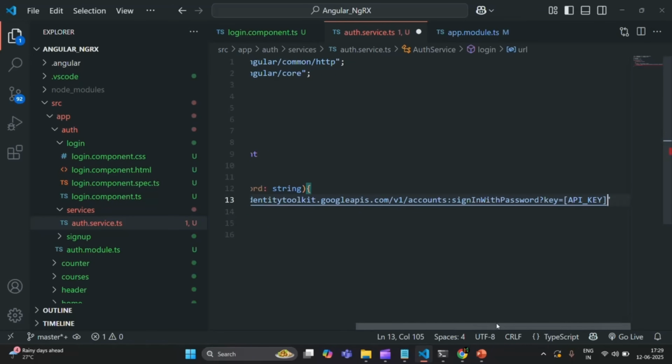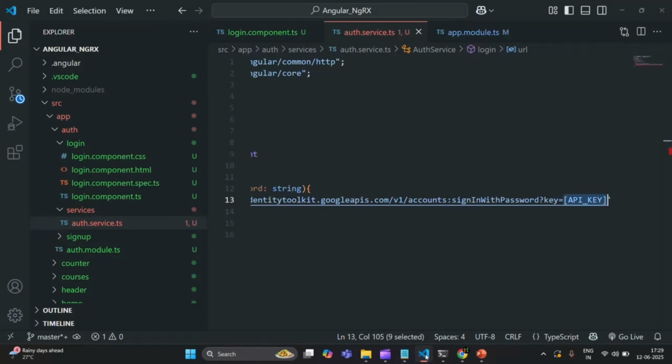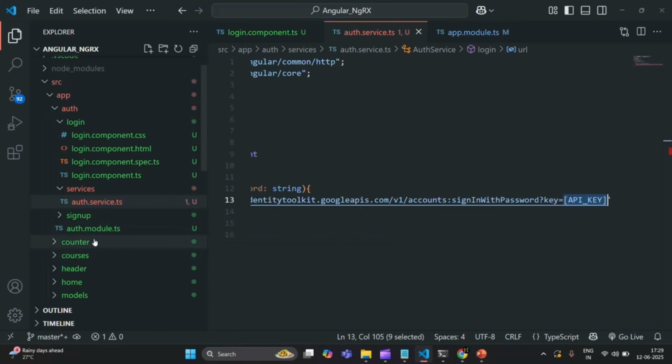Now in here, we need to replace this API key with the API key of our Firebase project. And in the last lecture, I copied that API key in this notepad. So from here, I'm going to copy it. Let's go back to our application. And what I'm going to do is, if I scroll down,